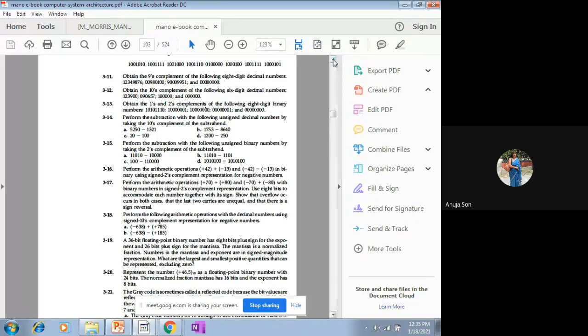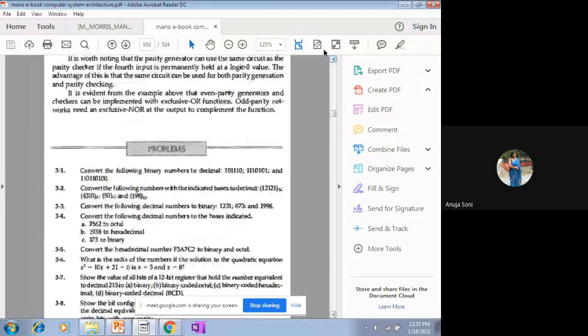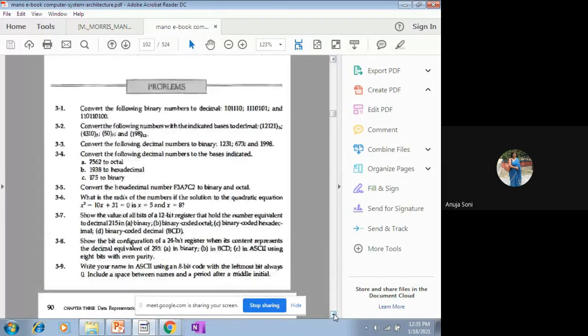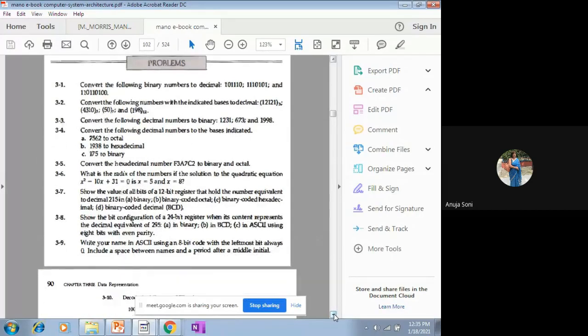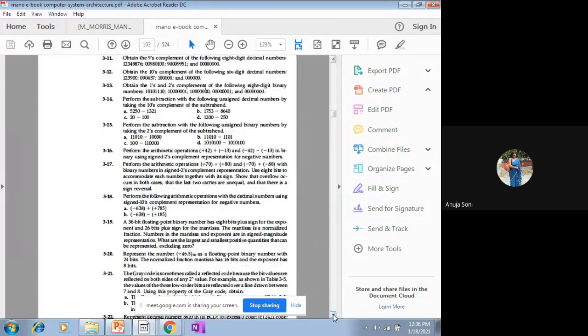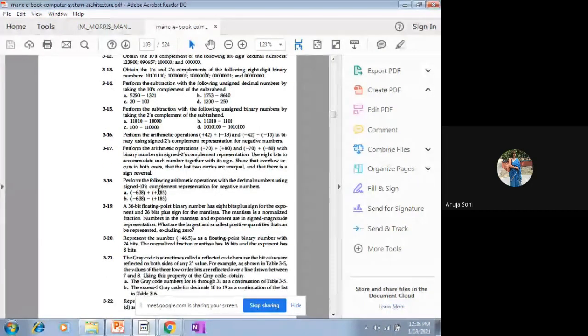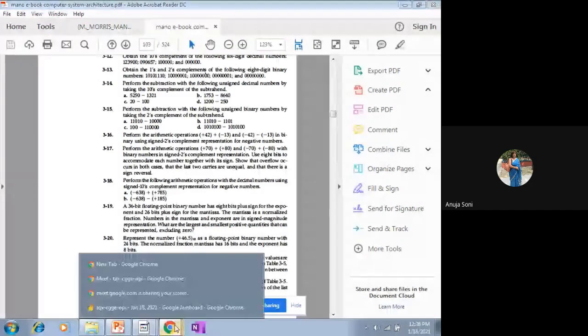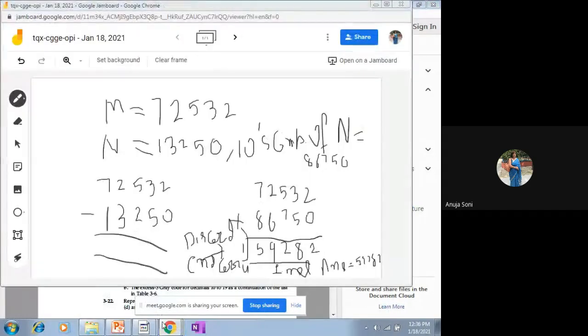Again I am repeating which questions you have to solve and submit to me in the form of the assignment: questions 1 to 8, afterwards question 10, questions 11, 12, 13, 14, 15, and 16, and then question 18, A part. Based on all these questions, whichever doubts there are, I will take them all in the next class.